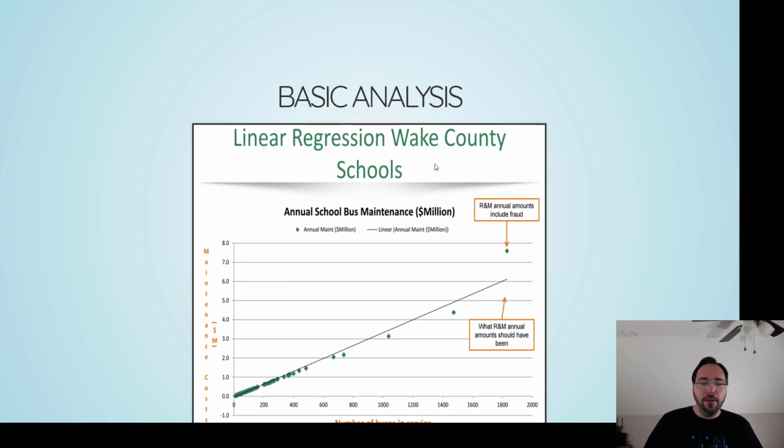So what we have is school bus annual maintenance, and they have the individual data points based on the number of buses in service. So they're regressing the number of buses against the total maintenance cost in millions of dollars. And what they're saying is, if you plot it as a line, you can see this point is way above where it should be. In reality, I don't even think this is a linear curve. I think that this is a curve that's slowly capping off over time. I think that it's more of a,